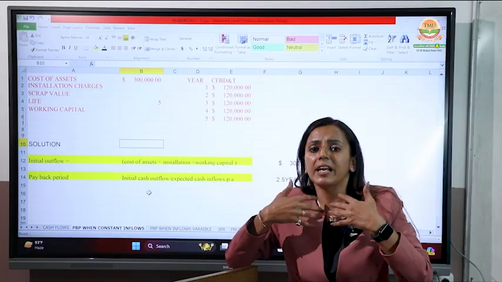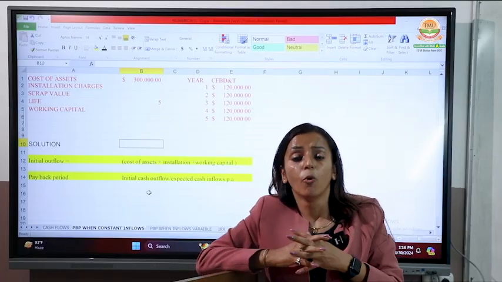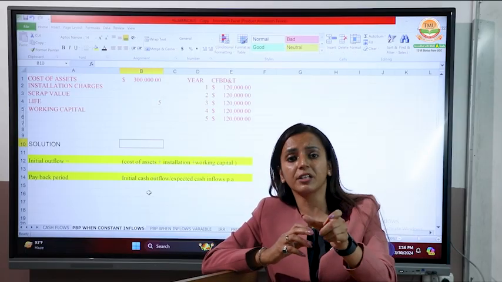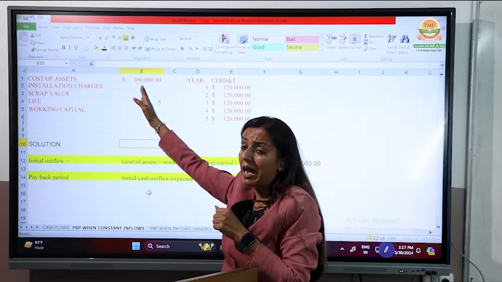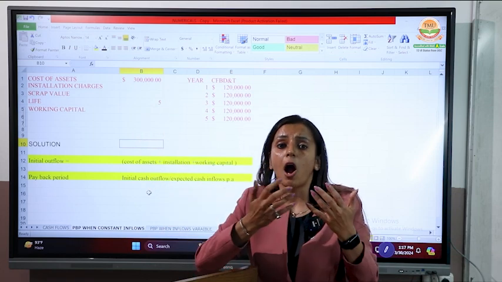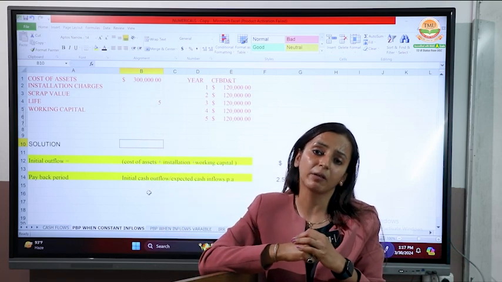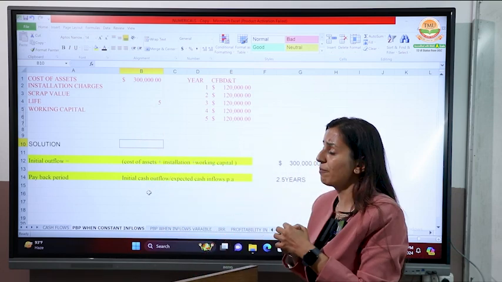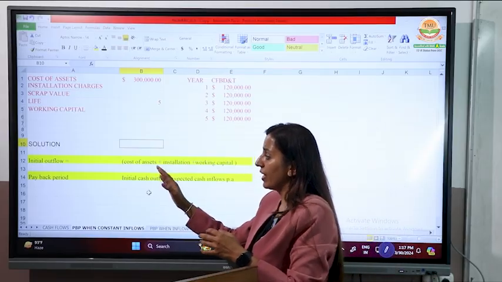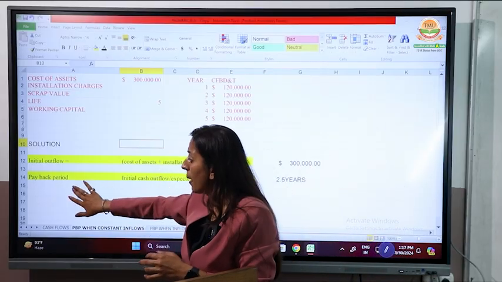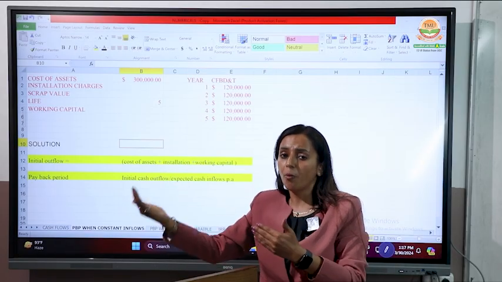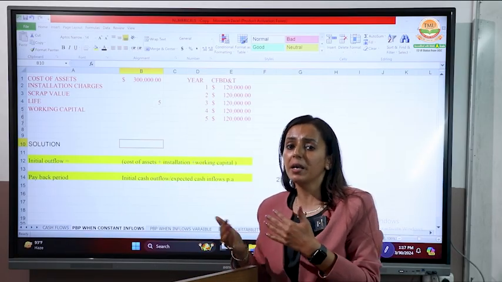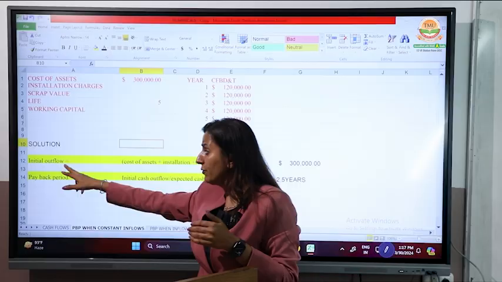Now, I as an entrepreneur or a businessman want to know in how many years I am getting back my money. Like I invested rupees 3 lakh for 5 years. In how many years am I getting back my money? For that, we calculate the payback period. What is that? Payback period. How many years I am getting my money back, right? But for that, we have to